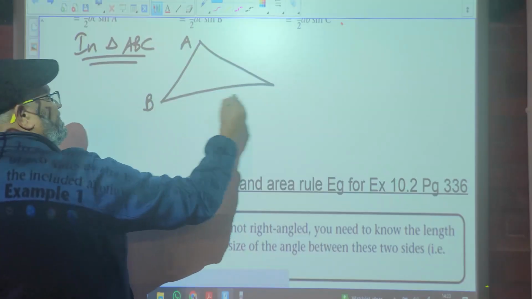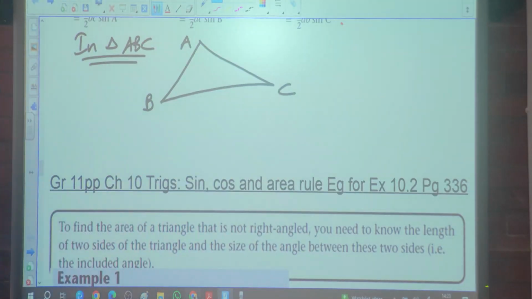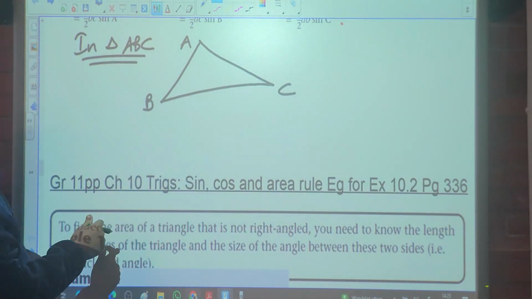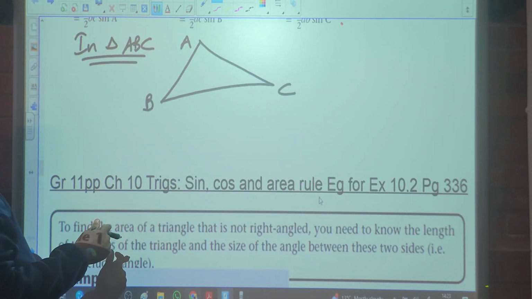Because if it's a right angle triangle and they ask you to work out the area, you use half base times height. So you can write, in any non-right angle triangle,